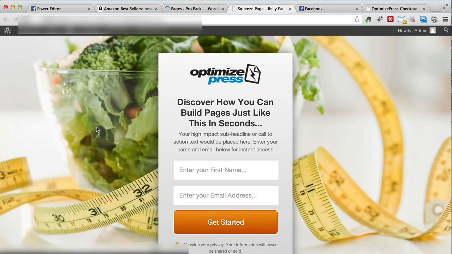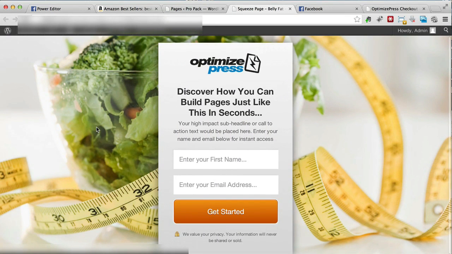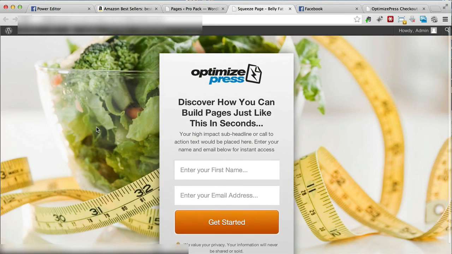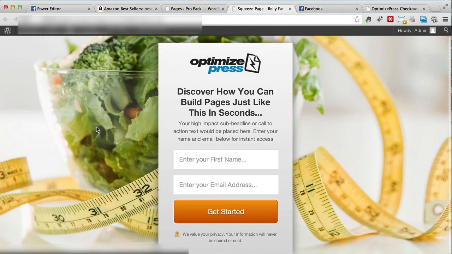In my opinion, the squeeze page with the beach looks a little better, but this also looks pretty good. It's self-explanatory when it comes to losing weight. I think the beach kind of awakens their dream, so it's a little bit more powerful than having something that has like a green salad that nobody really wants to eat. In my opinion, the beach background is better, but this is not that bad either, so we can just stick